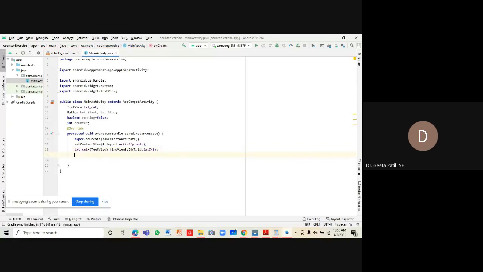We want to create text count as a reference to txt count in the XML file.